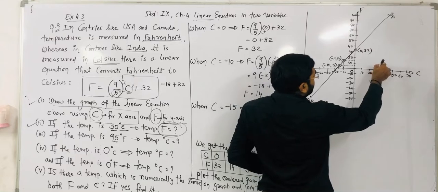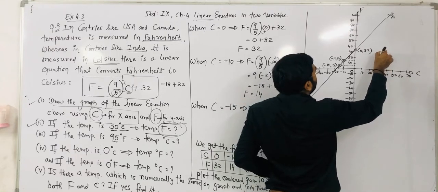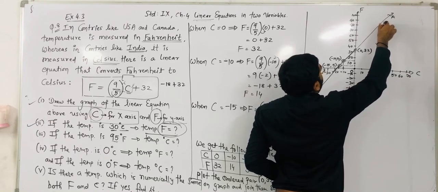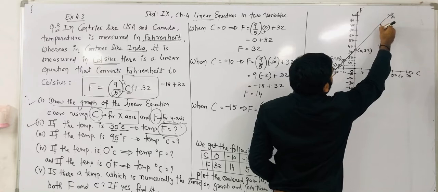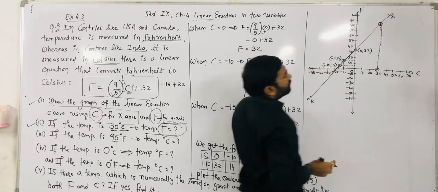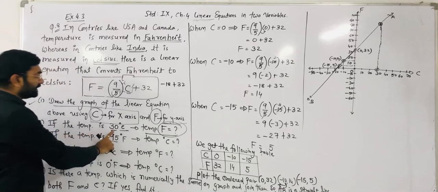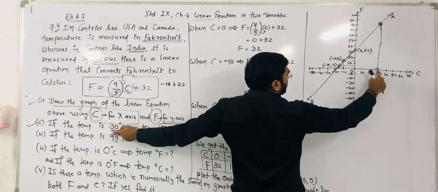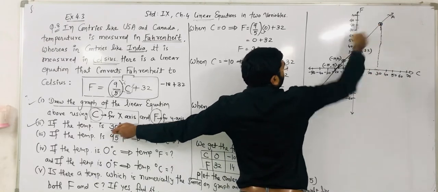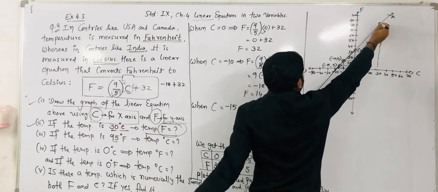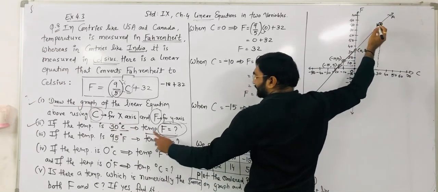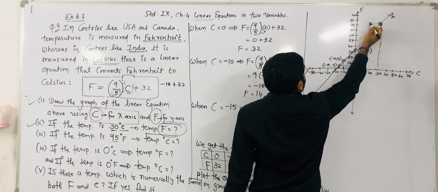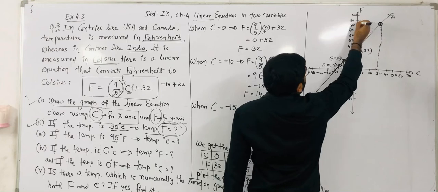So at that 30 degrees Celsius, what is our temperature in Fahrenheit? At the 30 on Celsius, we have to draw one perpendicular line, and you have to reach up to the graph. So here you get one point. So what we have to do: on Celsius at the 30-degree point, we draw one perpendicular line to our graph. Here you get the point on our graph, and you have to check the Fahrenheit value. From that, we have to draw one perpendicular line. Okay, you have to draw one perpendicular line. So you get that point.